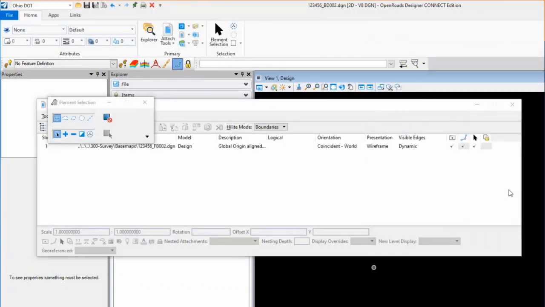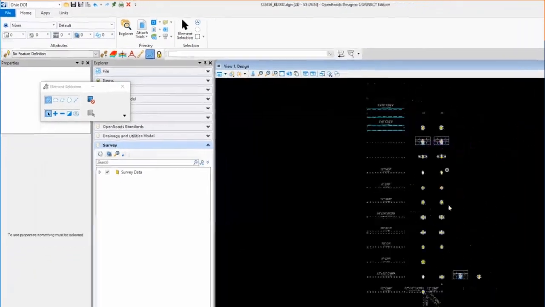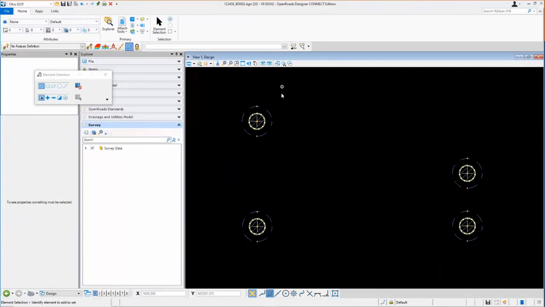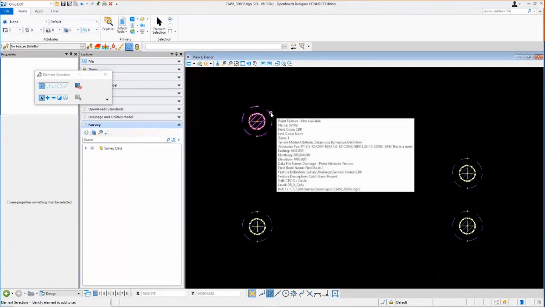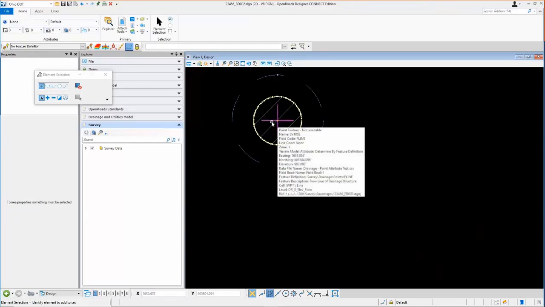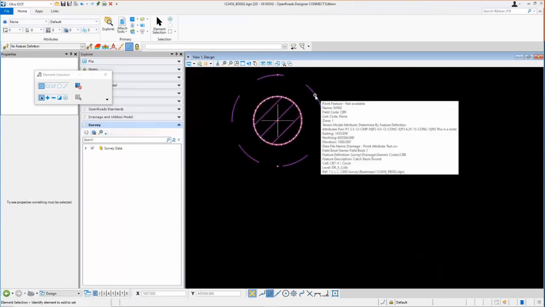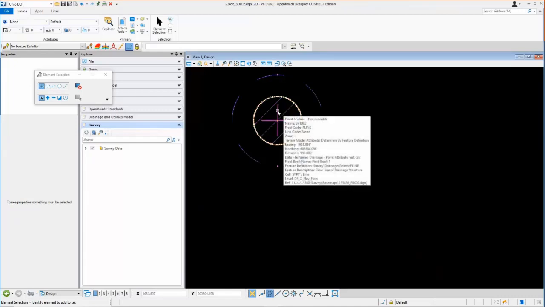And then I'll do a fit. So I've got 4 round catch basins I'm going to use here as an example. To extract the 3D information, I need the cell itself, and then I also need the flow line for that cell. So when I extract the information, it's going to look for the cell for the feature and grab that elevation for the top, and then it's going to grab this flow line point for the elevation for the bottom.